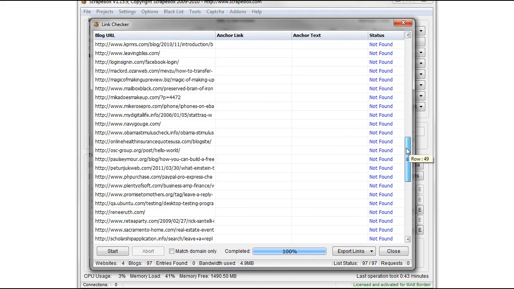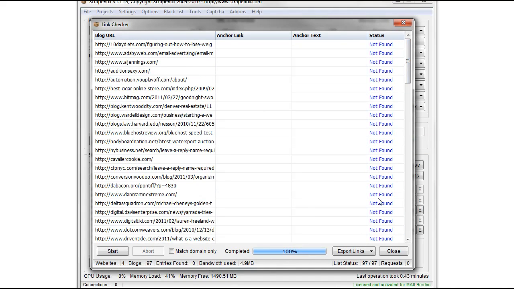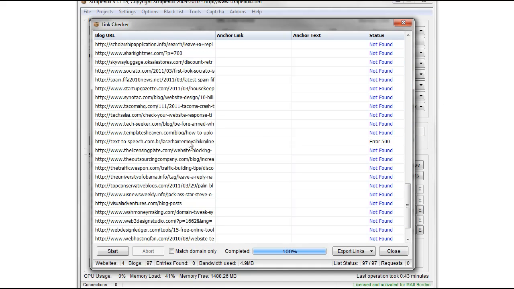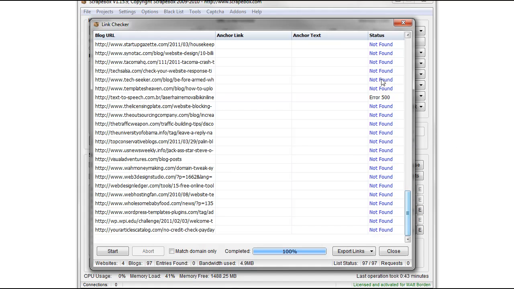But we can go through here then, and we can scroll up and we can see not found, and none of these say timeout, so it means the page is loaded, they just weren't found. An error 500, an internal server error, means this page couldn't load. And so you can diagnose those sorts of things, and then you can choose different options here, and then you can export as well. I can export my links found and not found and servers reporting errors and that sort of thing. And so it even tells you how much bandwidth you used,